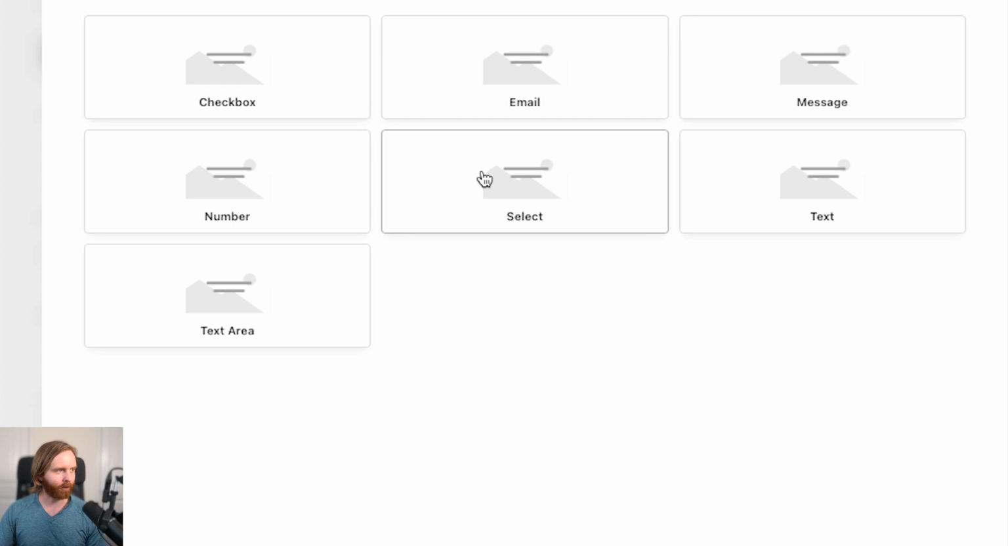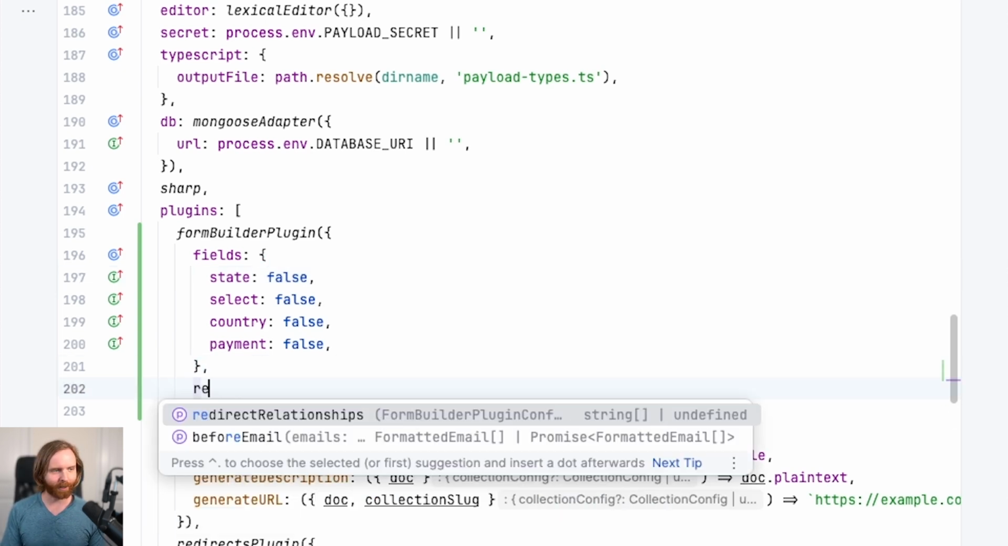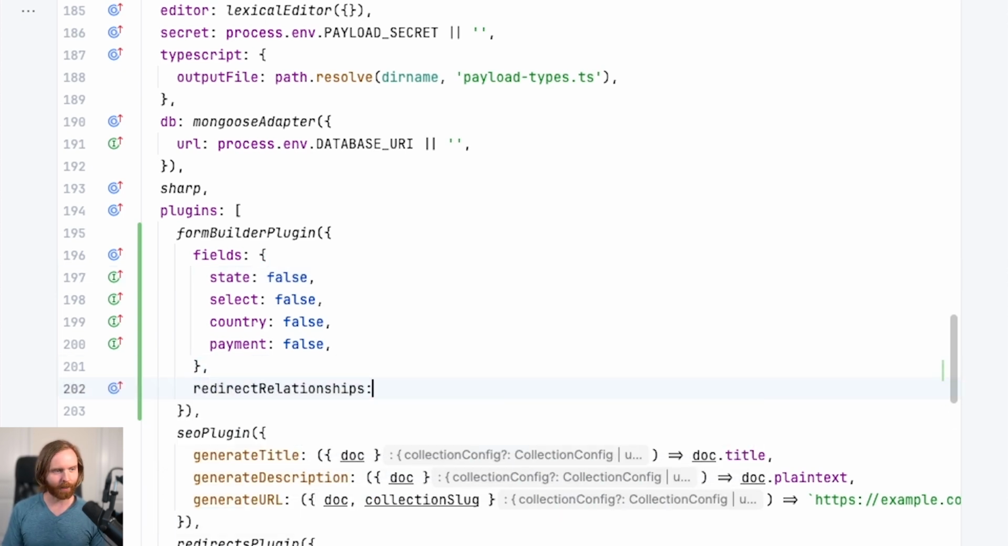And now we can see that our select field has shown up. We'll leave this as false. There's more we can do here, but we'll come back to fields later on in this video. The next option available to us is the redirectRelationships option. This takes an array of collection slugs. This defines what collections you want to be able to choose from for your confirmation page after a form is